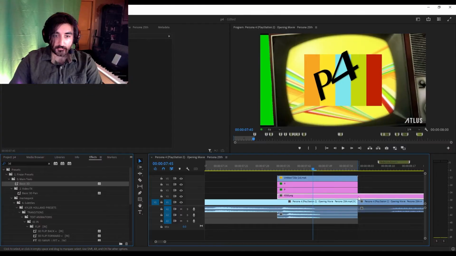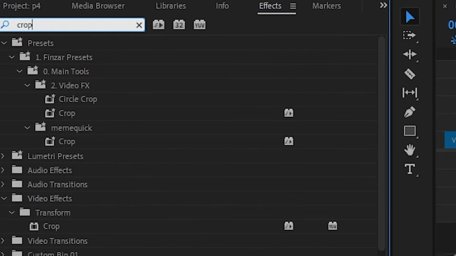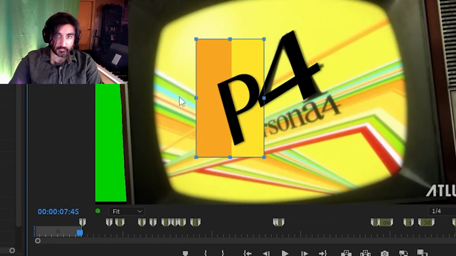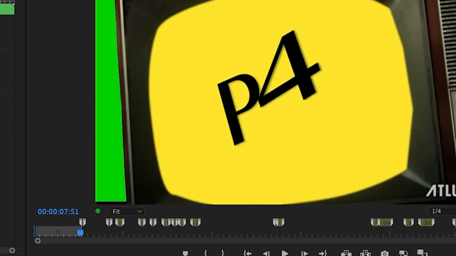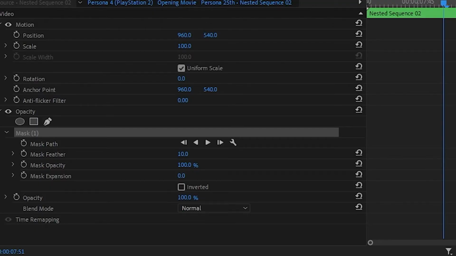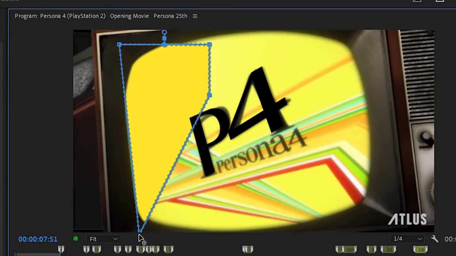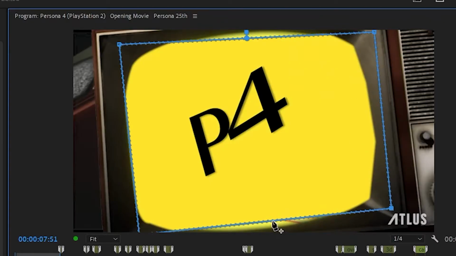This is the color palette, so what I'm going to do is just crop the color I want, the sort of golden color. Let's cover the whole thing. And so now we can kind of see this yellow in the background. To get rid of that, all we're going to do is add a mask. All we have to do is mask the outline of the TV so that no yellow escapes. We're going to add a bit of